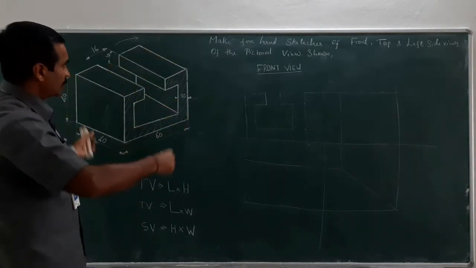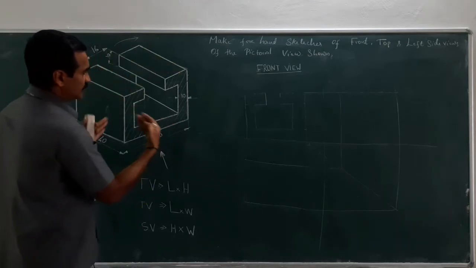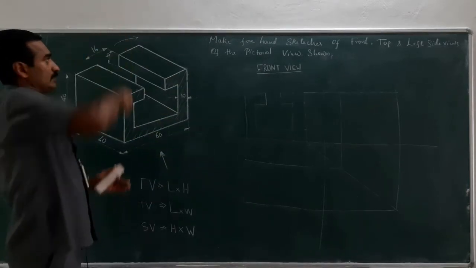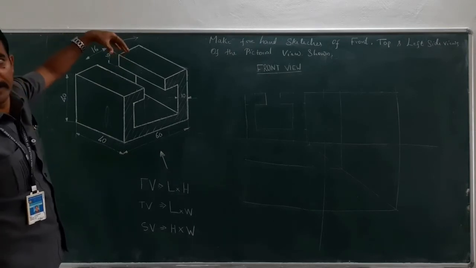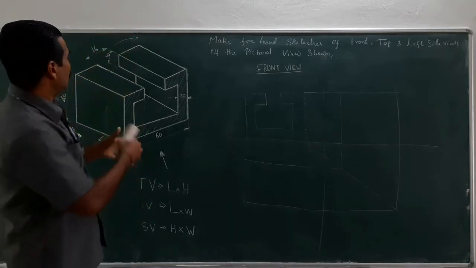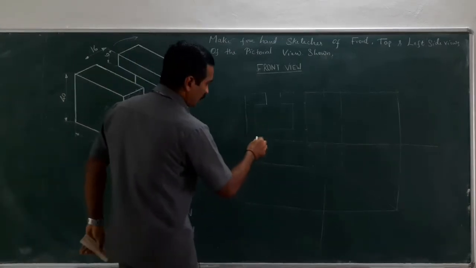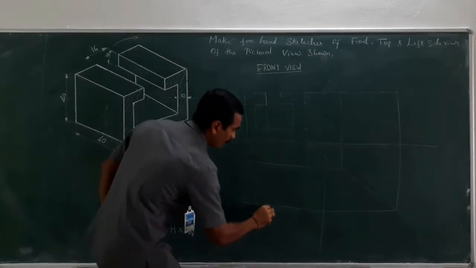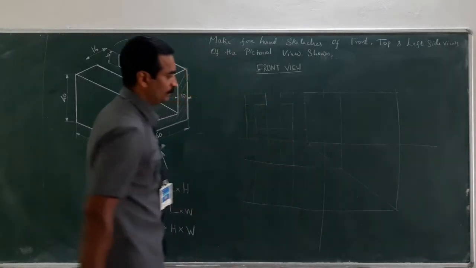Since I have tilted in the clockwise direction and my object is perpendicular to here, now the view is above the object, looking at the top of the particular object, and orthogonally it should be looked at, right? Now when you tilt it, you could observe from the top, you project all the lines which are there in the front view. Project all the lines with a thin line, 2H pencil, right?